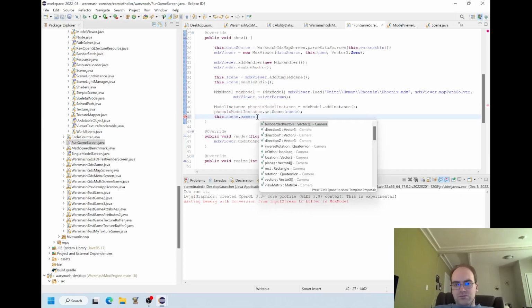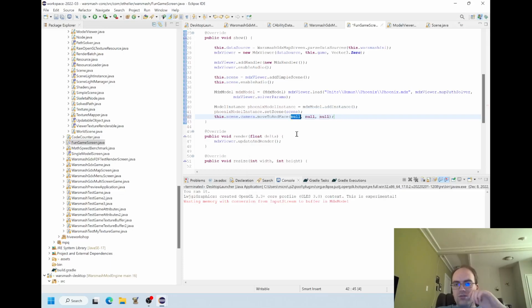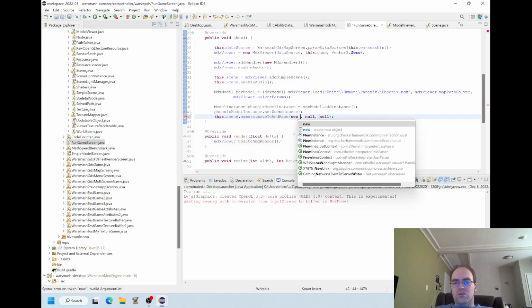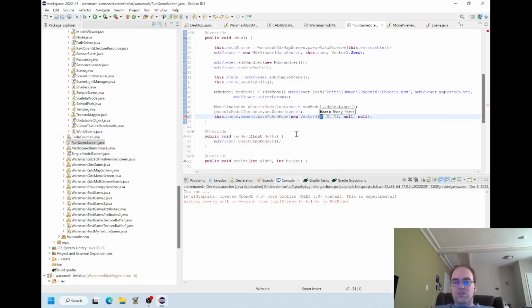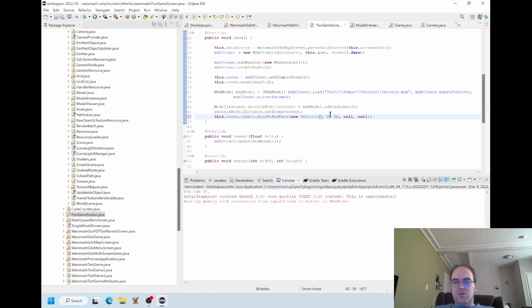So then we get back to this camera, which we want to basically tell it where it'll move to and face. So I'm thinking we're going to move to a new, yeah, we use vectors, 3-component vectors: location, target, and world up.